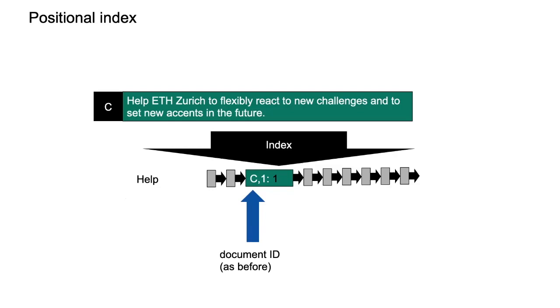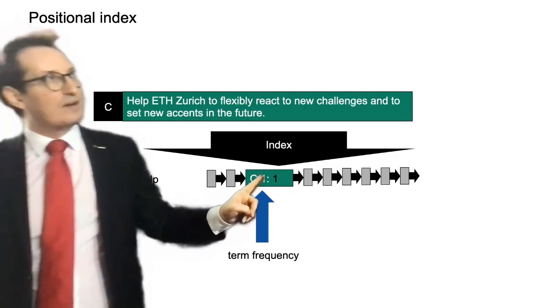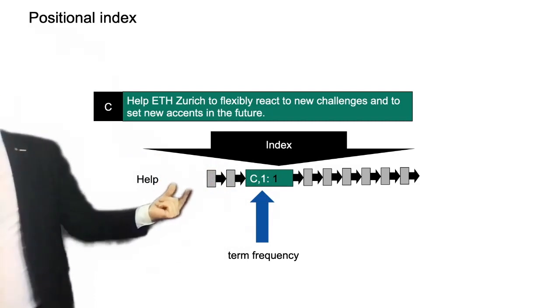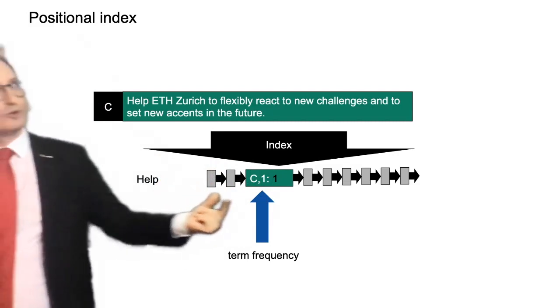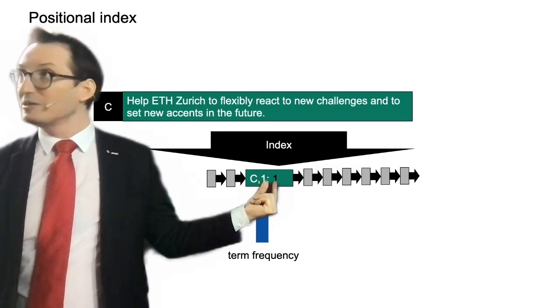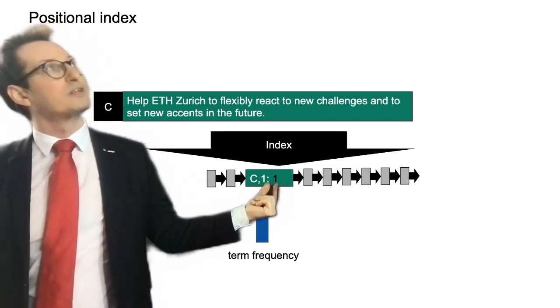What is this? It means that we no longer constrain the model to sets of words. Now we have lists of words. It means that in the postings, I still have the document ID as before. For some reason, I'm using letters here, but don't be shocked by that. C would be the document, probably to disambiguate from the positions. So you have the document ID. Here you have the term frequency. It's not the same as the document frequency you would have here, which is the number of documents. Here it's the number of occurrences of the term in the document.